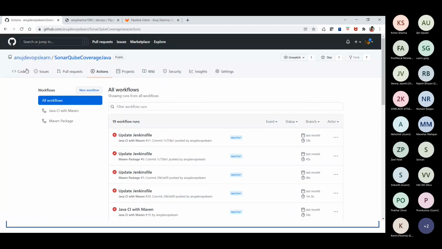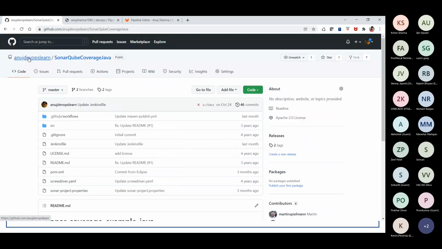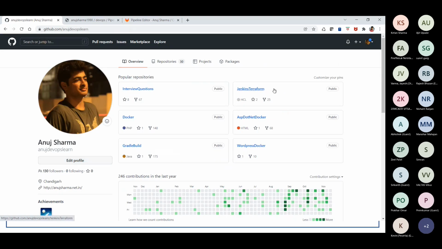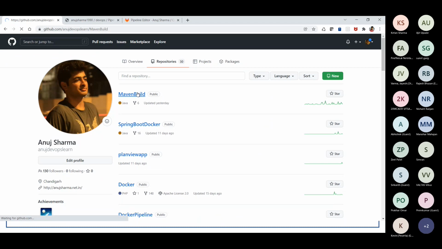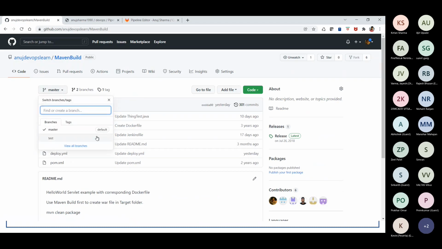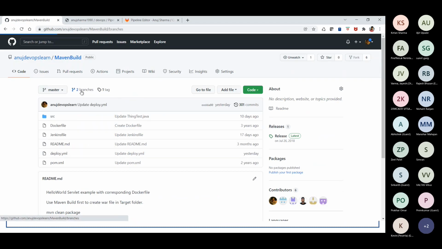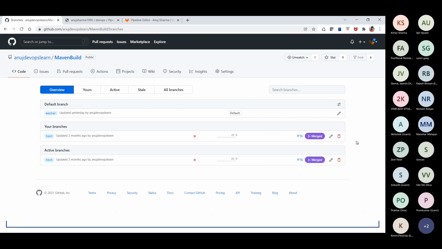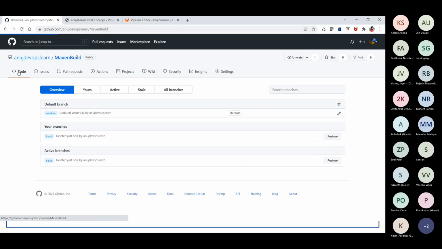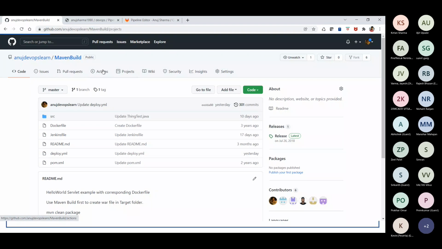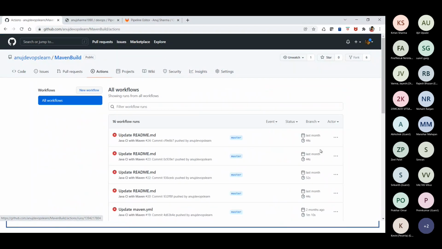Okay, let me delete. Okay, right. So these are just old logs, so you can ignore them for now.